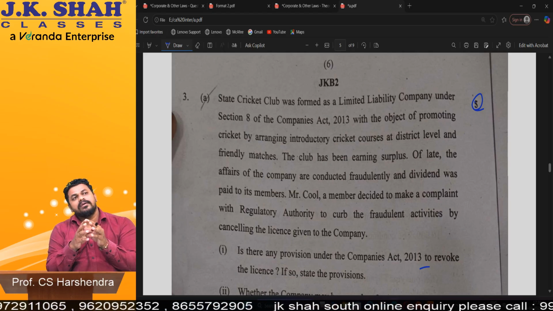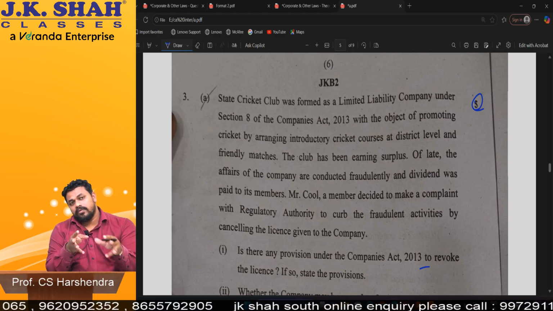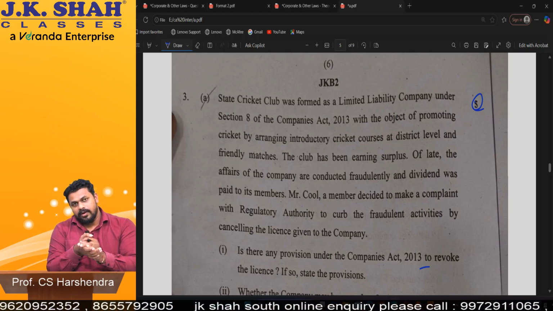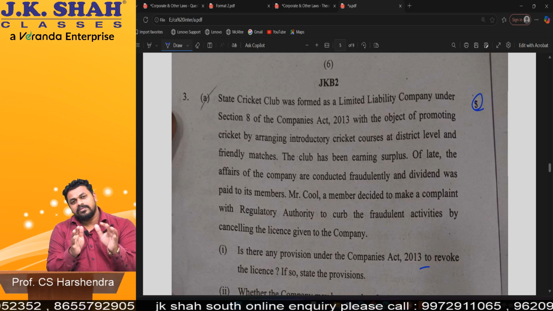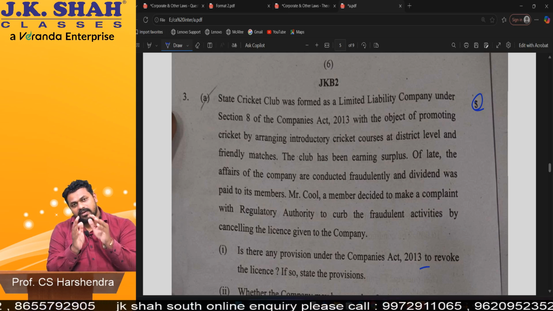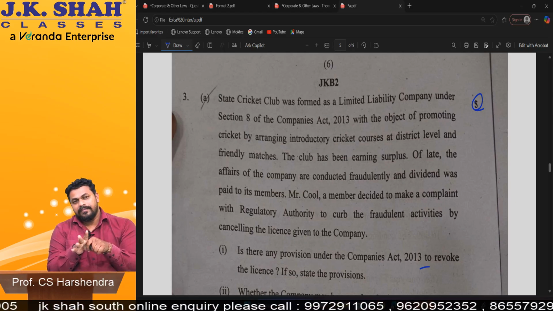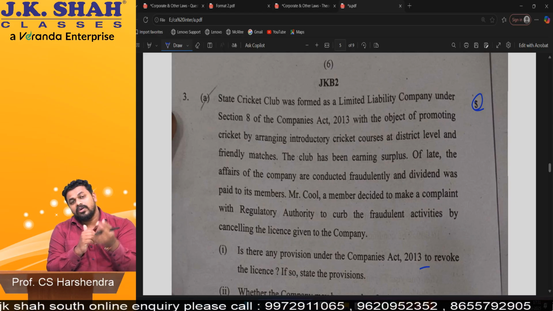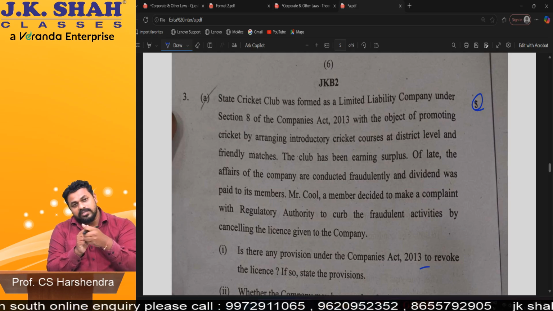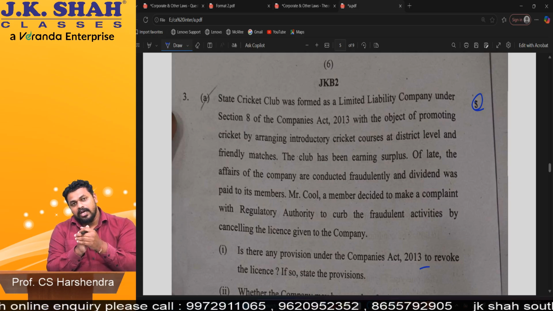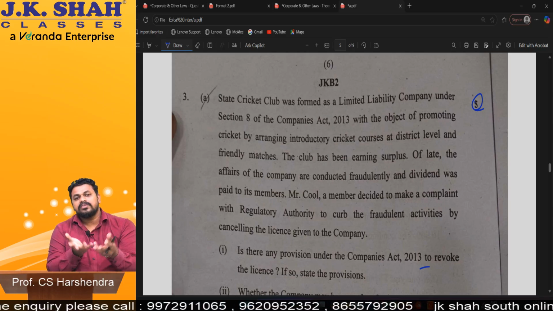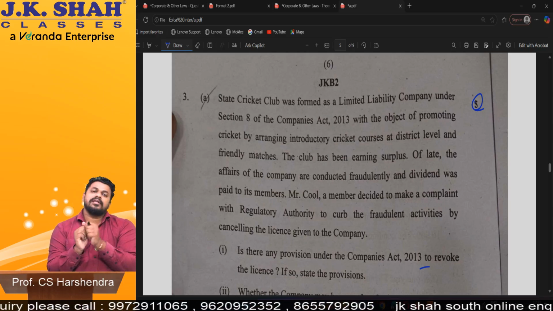In case it is found that the whole company was not formed with the intention of doing fraud. The company was formed for the purpose of doing charity, social welfare, whatever is written in the affidavit only. But one director was involved in doing fraud. He was taking the profit illegally, and they were not following, and because of that it is told that the company is not following the license.